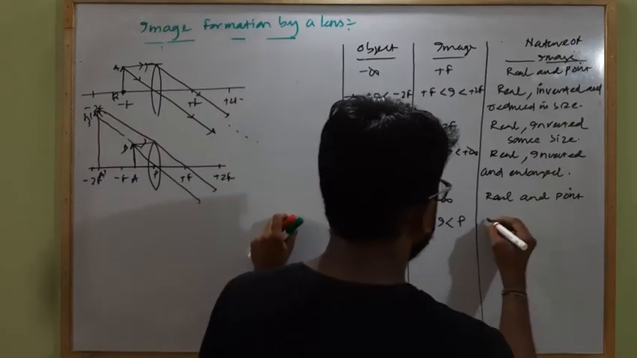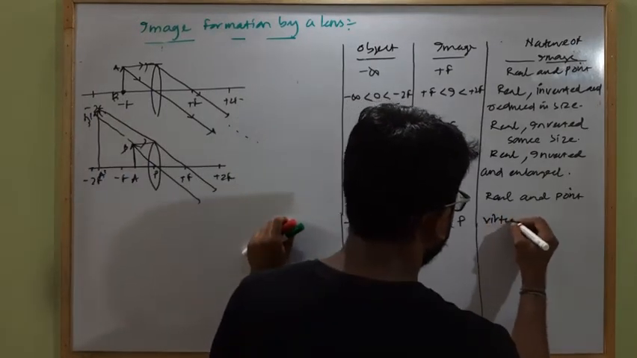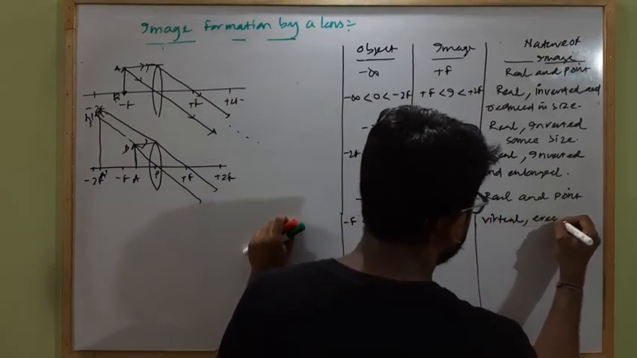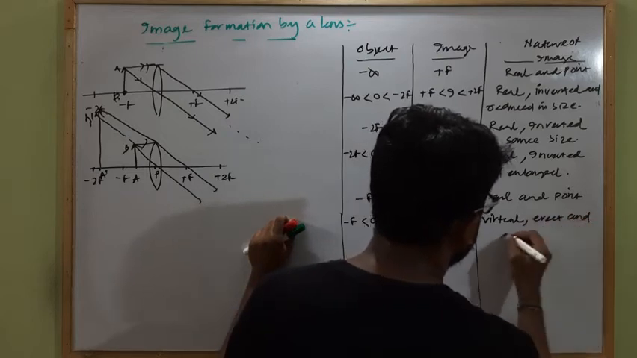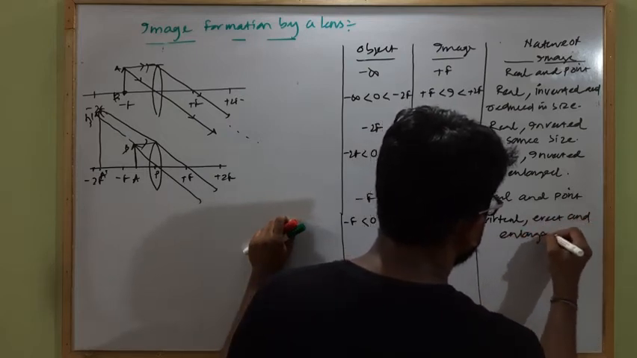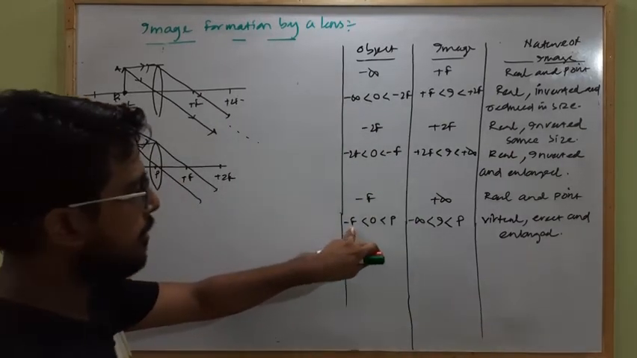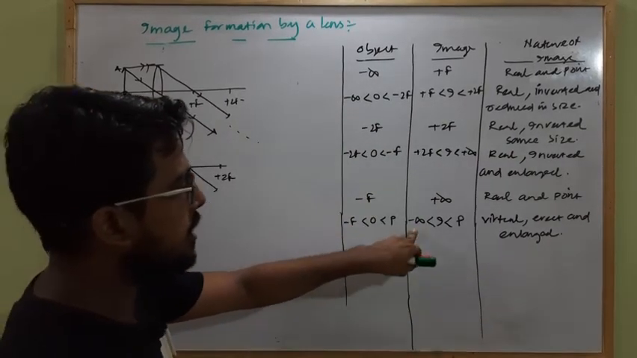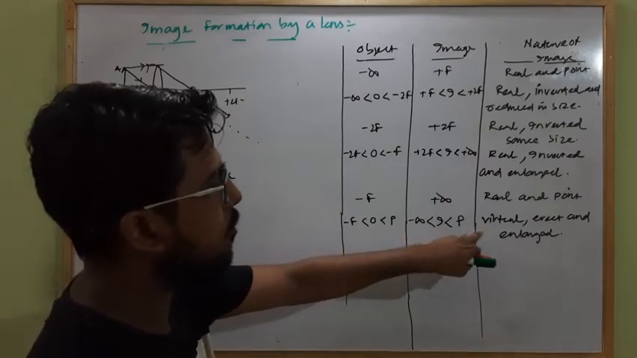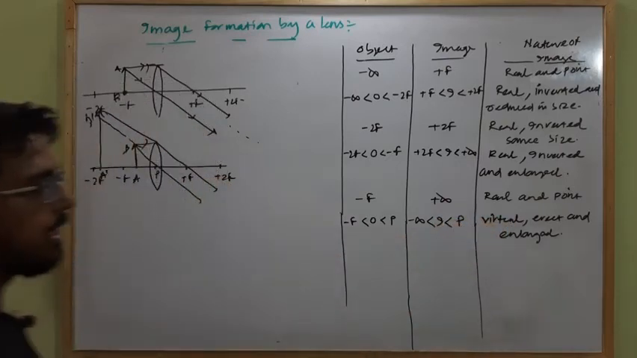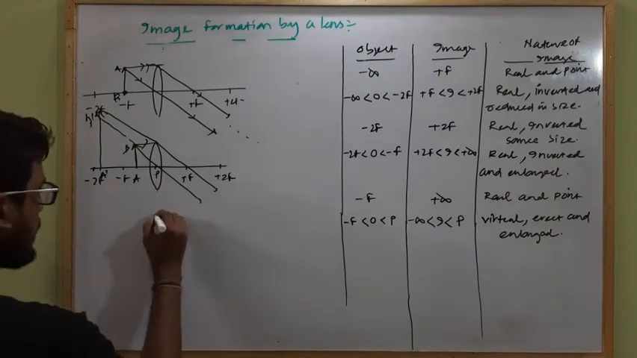In this case, it is virtual, erect and enlarged. Clear? So when the object is placed between minus f and the pole, the image will travel from minus infinity to the pole, which is virtual, erect and enlarged. Clear? Next case,